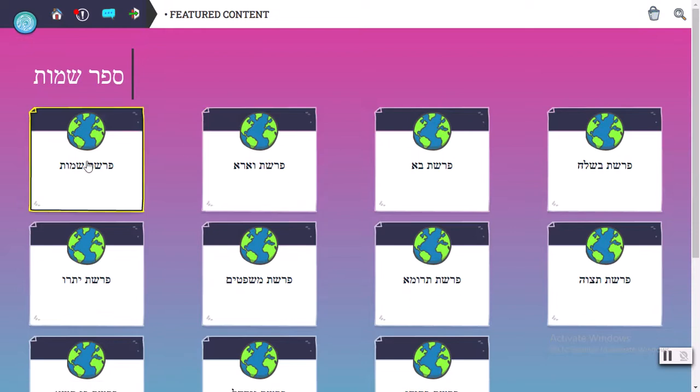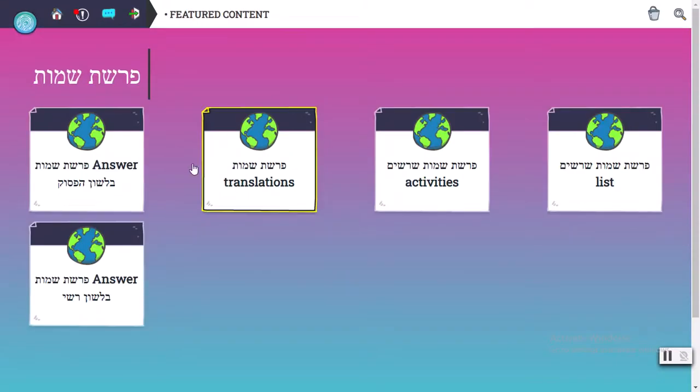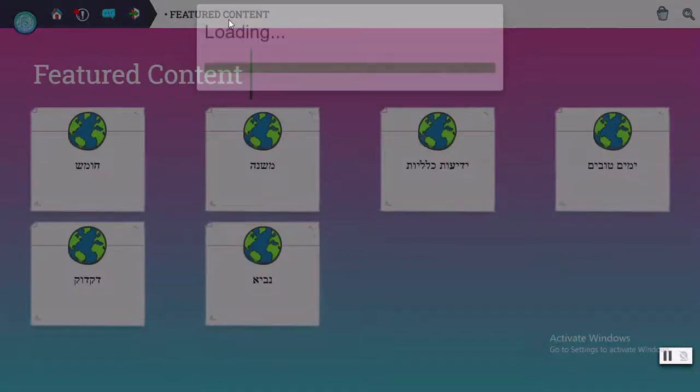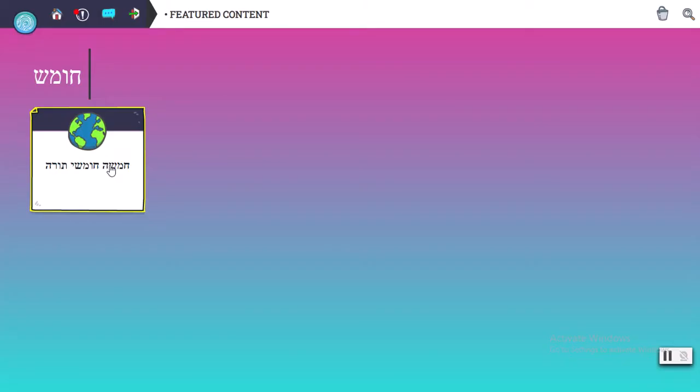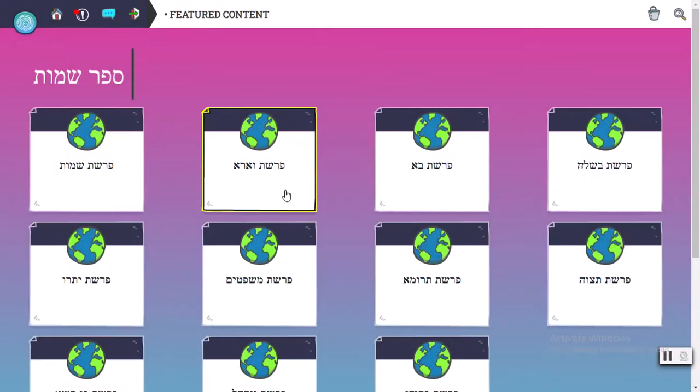When you're ready to grab what you want, and by that I mean you could in theory open up Parsha Shemos and then grab a specific section, but I would not recommend that. I would actually tell you to grab the whole Parsha, which would house all that material together, because it's just much easier to send that to your students as well. Parsha Shemos will have a lot of material in it, and you can send all of that into your students'